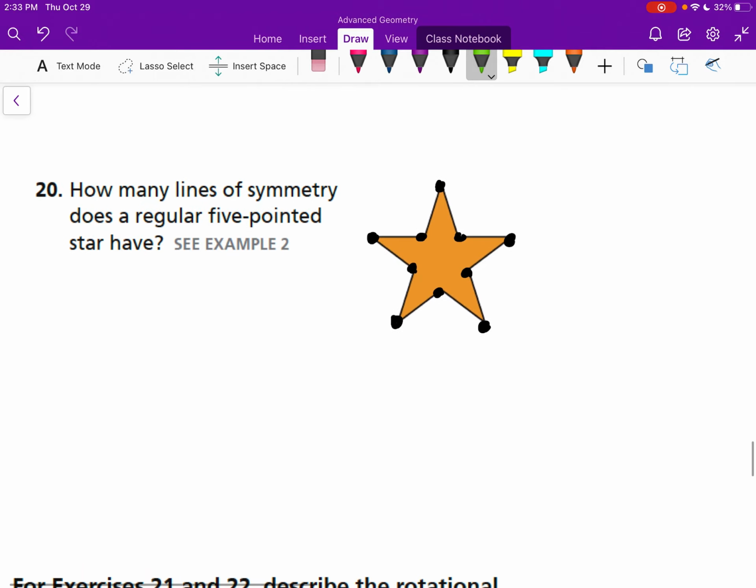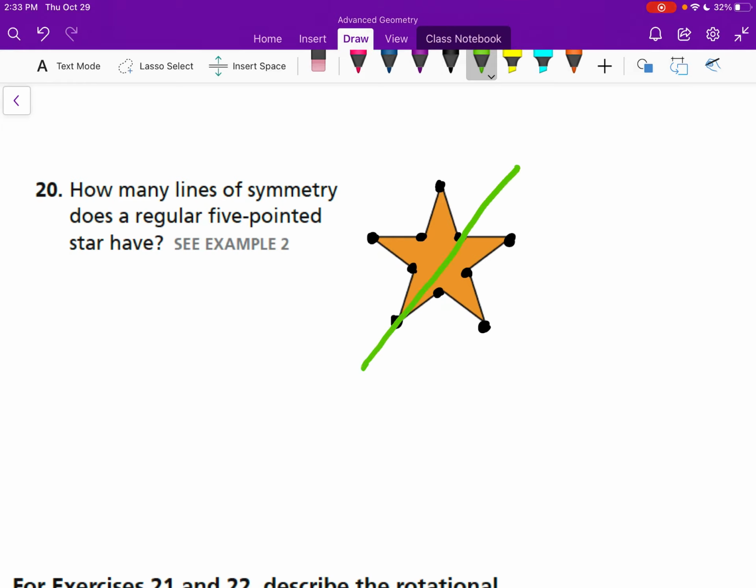Let's look at number 20. How many lines of symmetry does a regular 5-pointed star have? Well, we were looking at lines of symmetry of any type of polygon or shape like this. We can talk about the lines through its vertices. So we would have